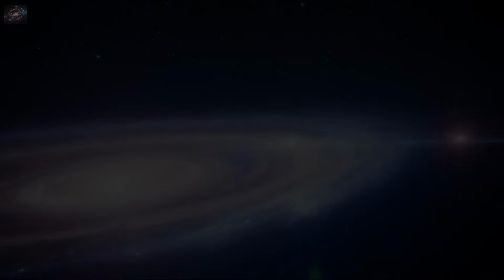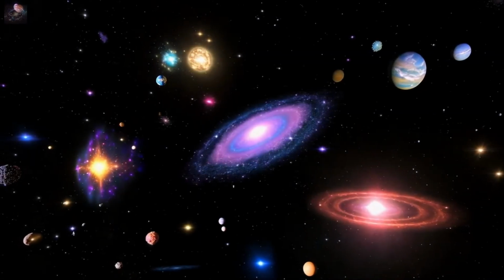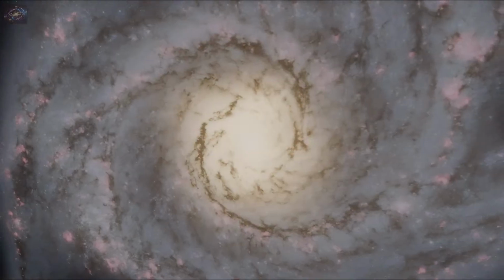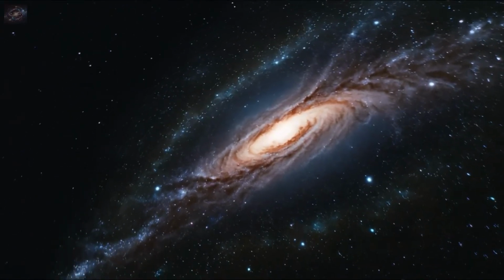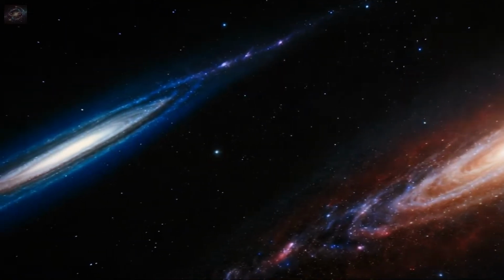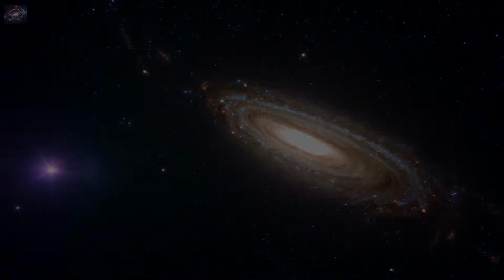The cosmic maelstrom, as astronomers have come to know it, is far more than a galactic archetype, it is a symphony of forces, an interplay of energy and gravity that operates on a stage so vast that its full drama unfolds over tens of millions of years. Every photon escaping its vibrant spiral arms carries with it the whispers of physical processes that have shaped the universe for billions of years. This intricate galactic tapestry serves as both a map and a mirror, reflecting the universal laws